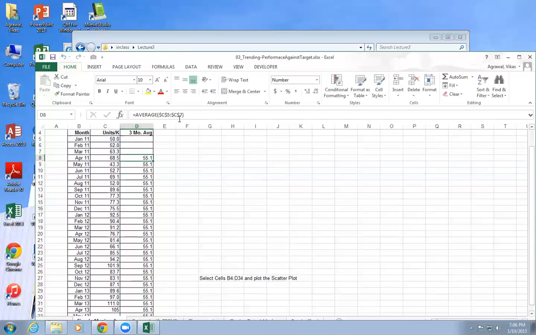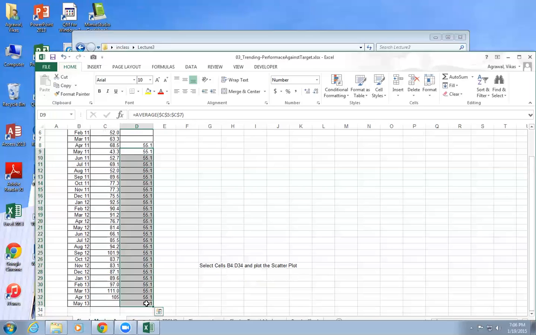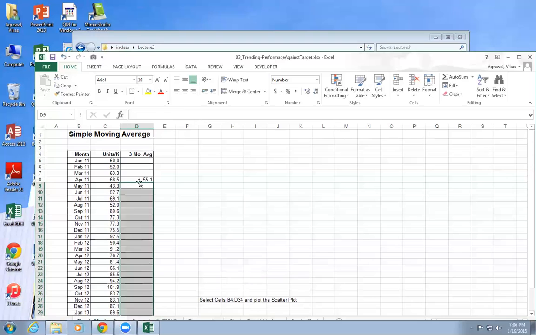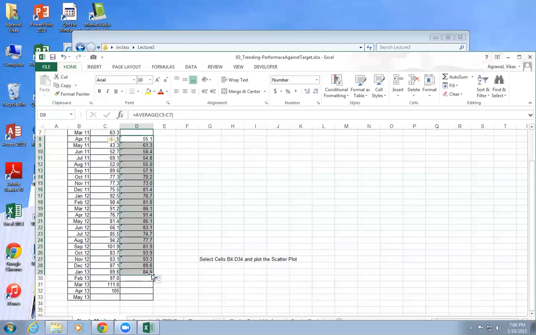Now let's make it what we call relative. So I'll highlight these cells here and press F4, and hit enter. Now as I move on, those cells will move on as well, and it's going to give me all the values.